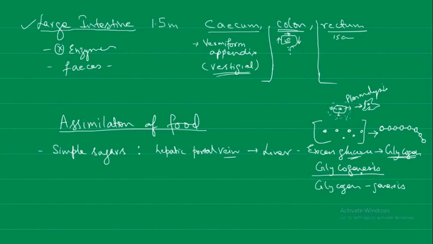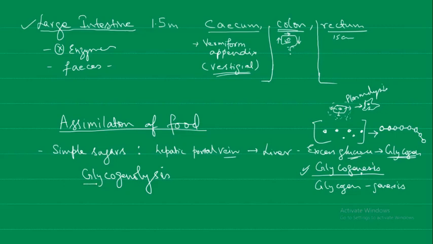Instead of allowing the individual glucose molecules, if you chemically link them, that will become one molecule. And osmotic pressure, all of these depend upon the number of molecules. So this is glycogenesis. What about the reverse? Glycogenolysis.